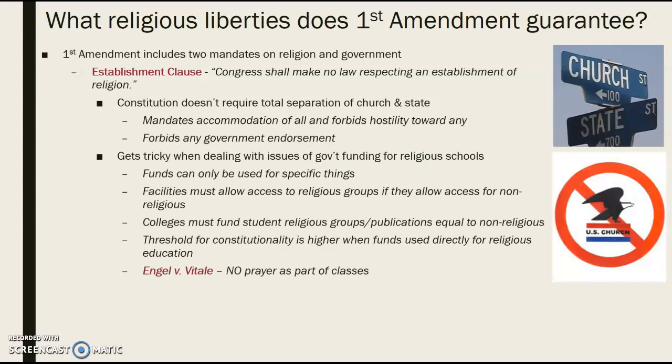So if the government said, okay, we're going to give you a grant so that you can hire a college and career counselor, St. Mary's Catholic school, that would be fine. But they couldn't then turn around and use that grant money to hire a religion teacher. That would be out of bounds of the Establishment Clause because the federal government would be giving money directly to a religious organization to establish part of their religion.